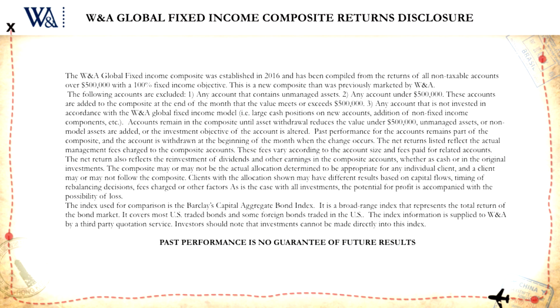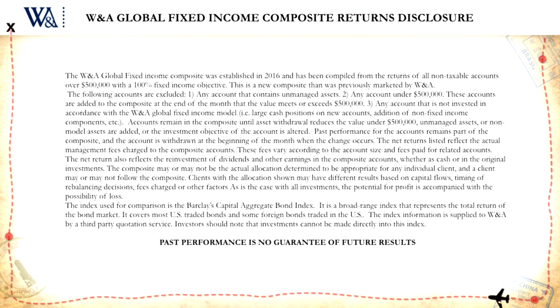The net returns listed reflect the actual management fees charged to the composite accounts. These fees vary according to the account size and fees paid for related accounts. The net return also reflects the reinvestment of dividends and other earnings in the composite accounts, whether as cash or in the original investments. The composite may or may not be the actual allocation determined to be appropriate for any